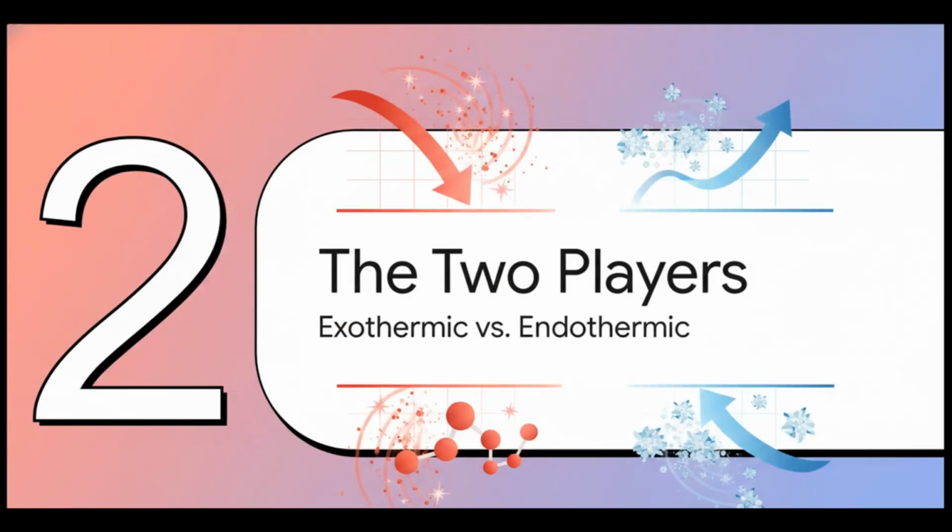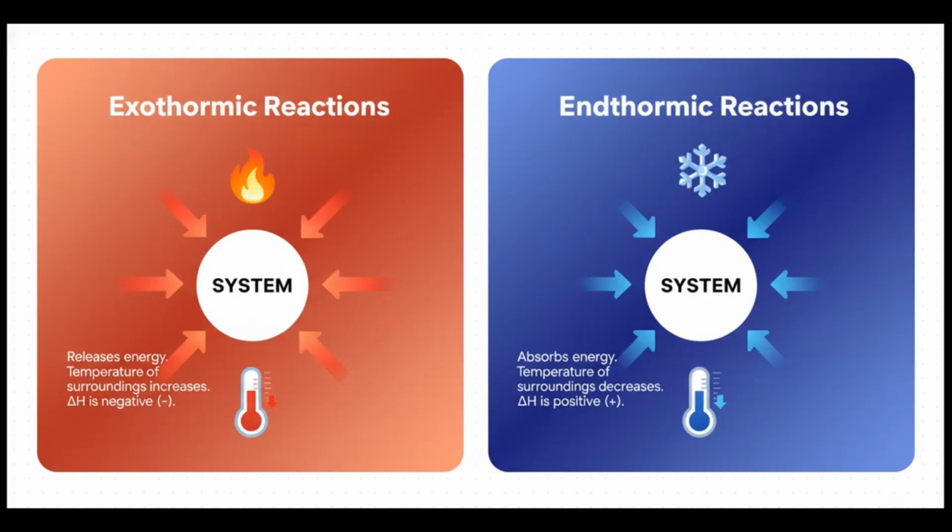Okay, so when it comes to energy, every single chemical reaction plays for one of two teams. Let's meet the two big players, exothermic and endothermic. This slide is basically your cheat sheet. The easiest way to remember this is that exothermic reactions let energy exit the system. Heat is released, so the surroundings get hotter, and because the system itself is losing energy, its delta H value